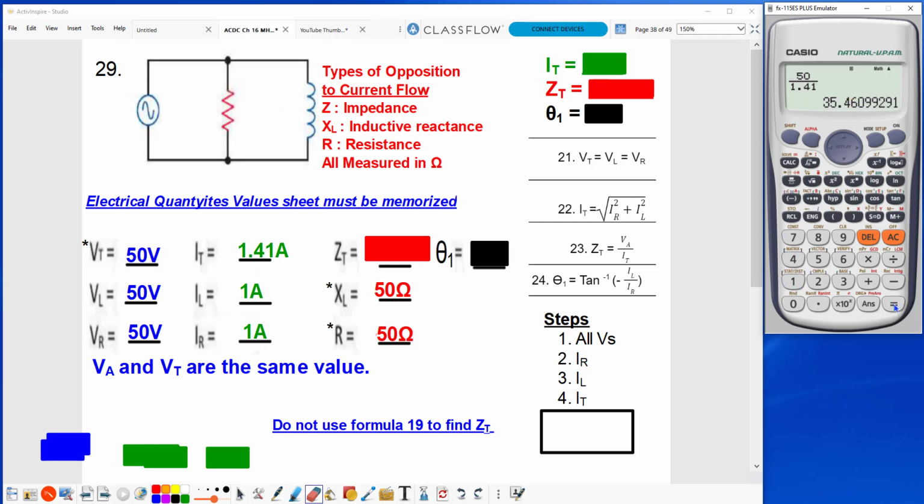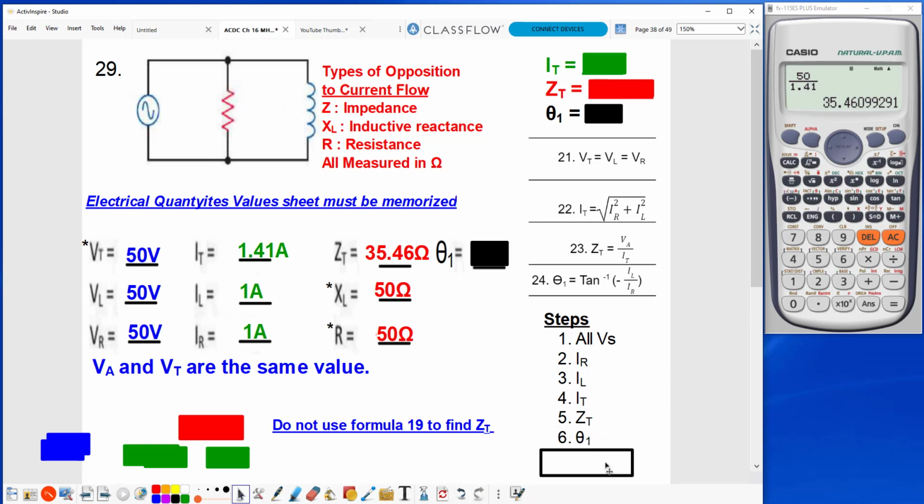And that's going to equal 35.46 ohms. And what impedance is, it is the combination of both reactance and resistance in a circuit. All right, so we completed step 5. That leaves only one step left for us, and that is